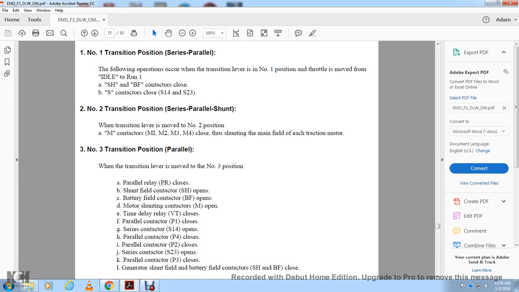the parallel relay PR closes, shunt field contactor SH opens, battery field contactor BF opens, motor shunting contactors M open, time delay relay TDR closes, parallel contactor P1 closes, series contactor S14 opens, parallel contactor P4 closes, parallel contactor P2 closes, series contactor S23 opens, parallel contactor P3 closes, and generator field shunt, battery field contactors SH and BF